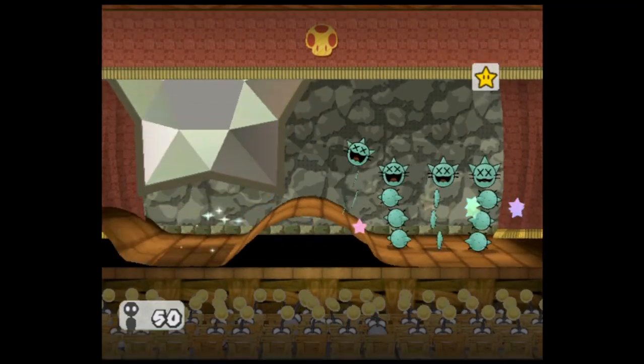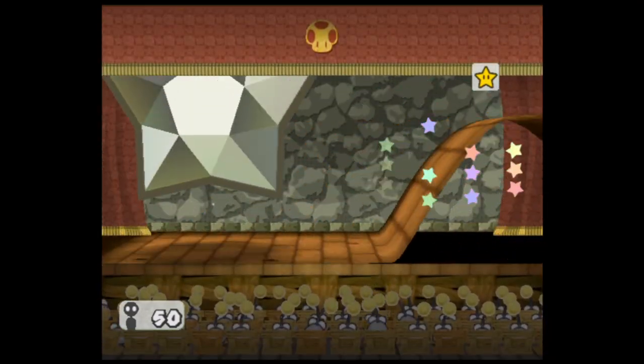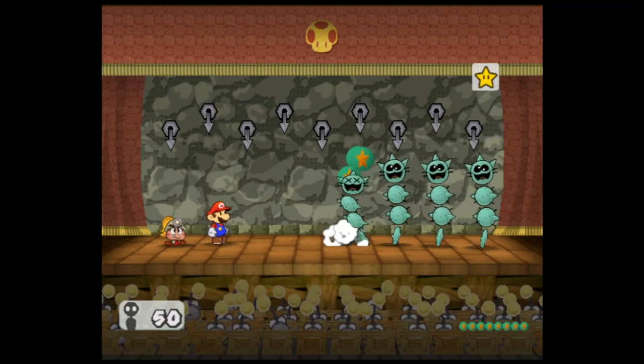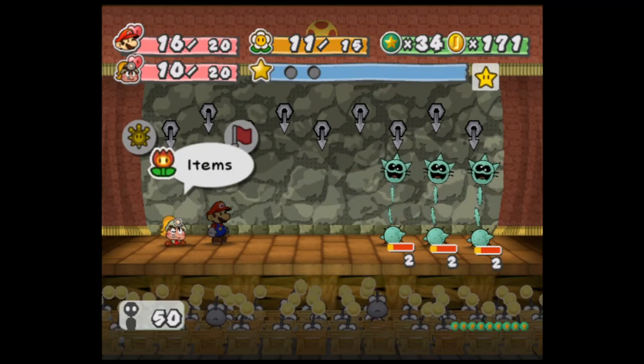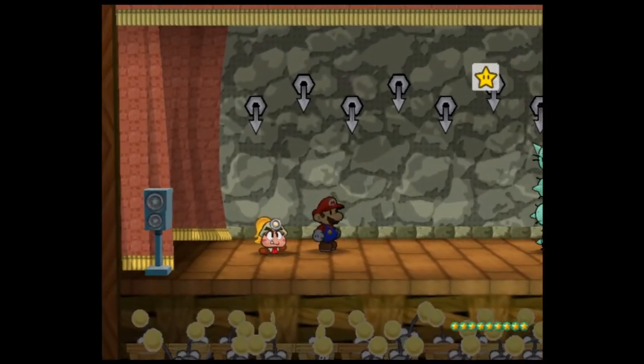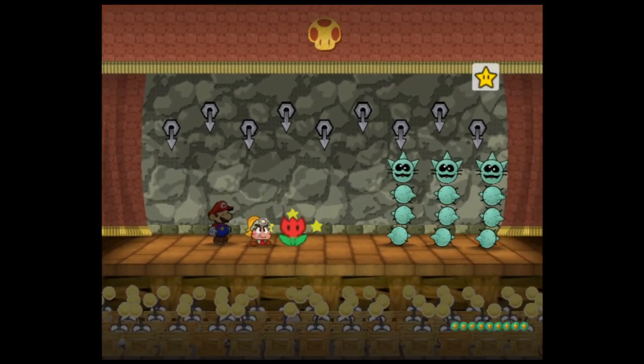I just realized this. I have a BP I need to spend. And also I can take Pity Flower off now. I don't suppose we picked up any... Oh, we did get a Fire Flower. Let's do that. Fire Flowers have already,